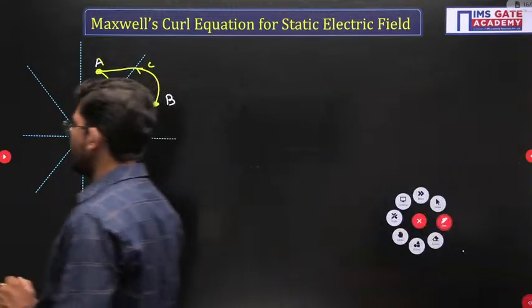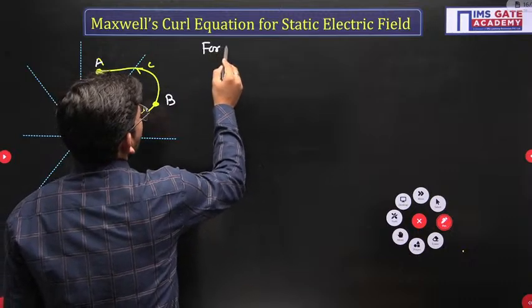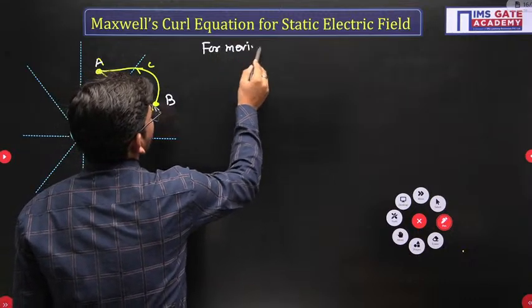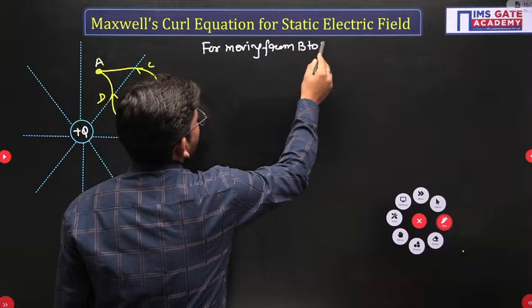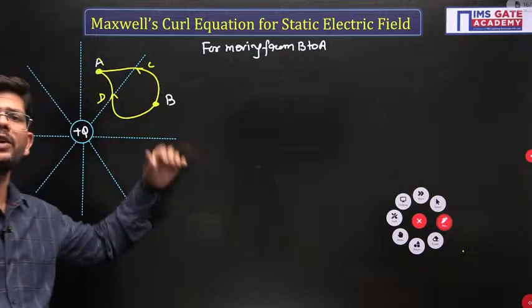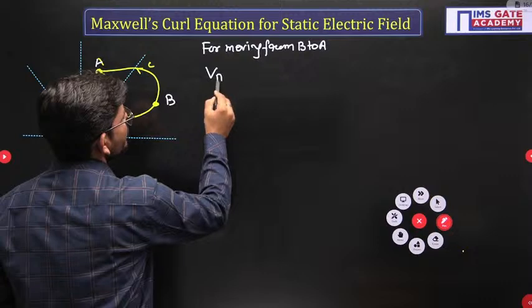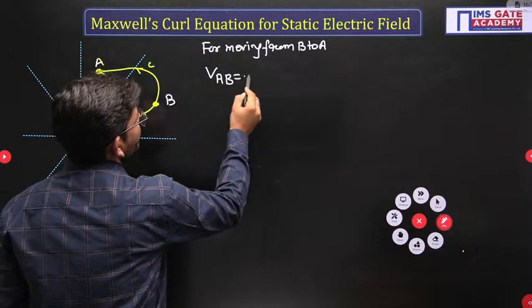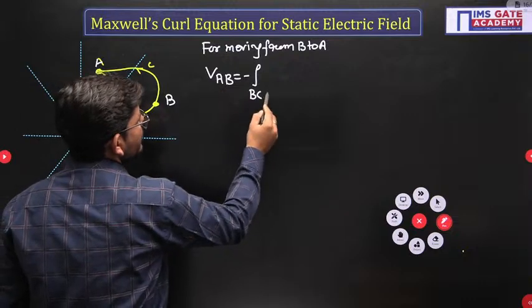Now if I am following these two paths for moving from B to A, what will be the potential difference? If I am writing this to be VAB, that will be minus of, if you have taken the BCA path,